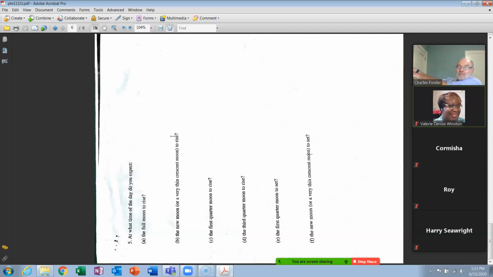Okay, the new moon came up with the sun, and then the crescent following the new moon would come up as that was growing. That would come up a little later in the thing. So that would be the half moon or first quarter moon over here would be